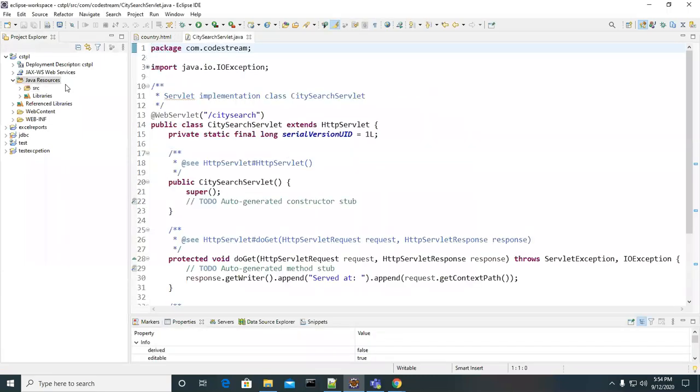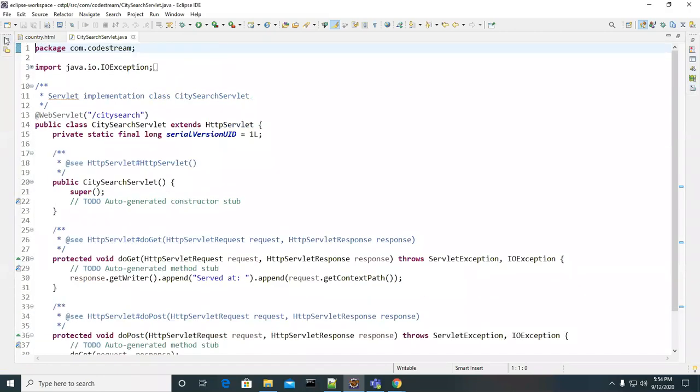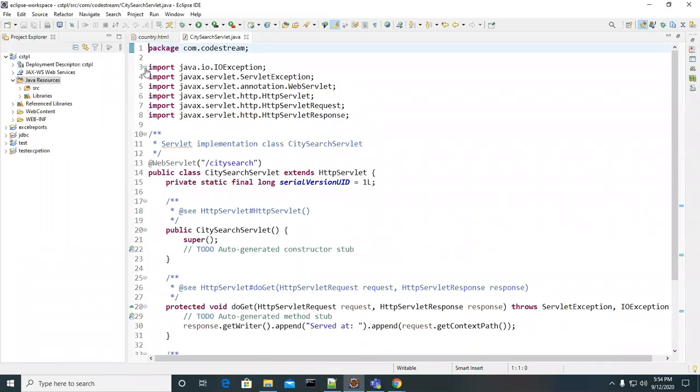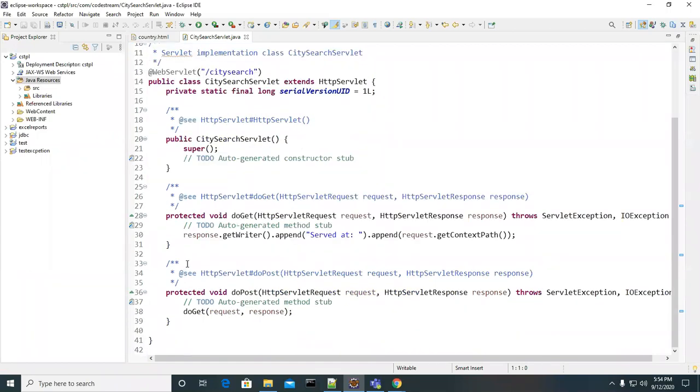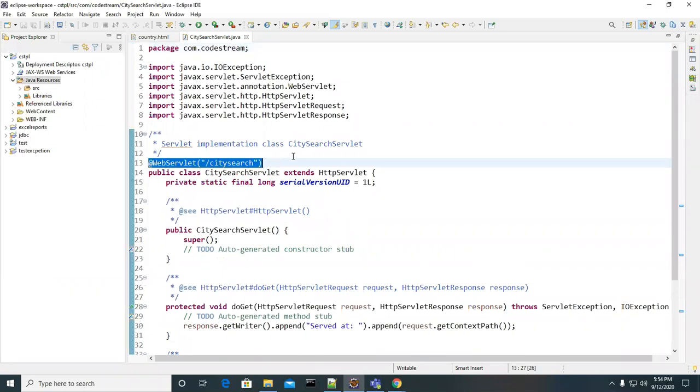Okay. So look at this class clearly. I created it from Eclipse by using the Servlet option. If you observe this, we can call it an annotation. The @ symbol, and then some name, that is WebServlet.